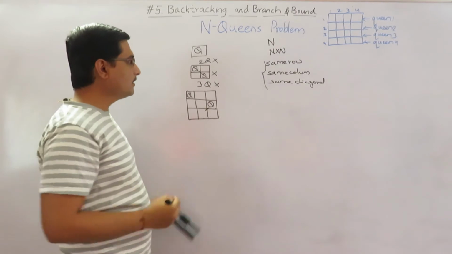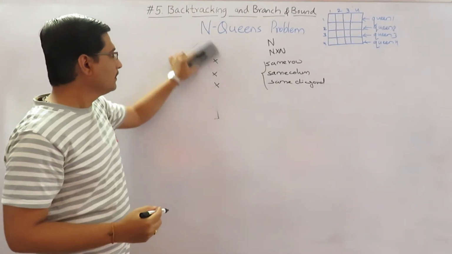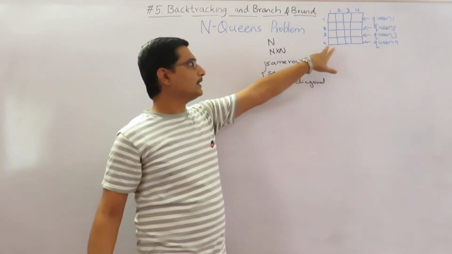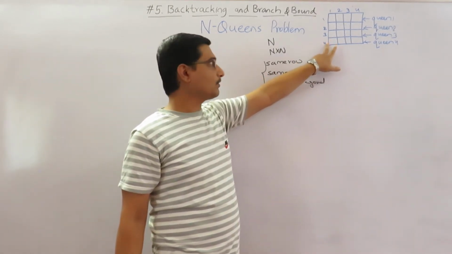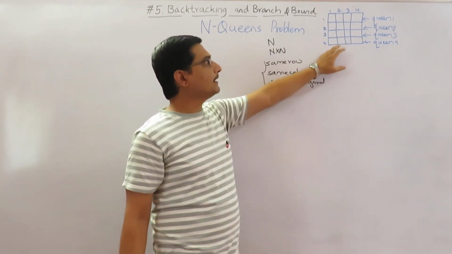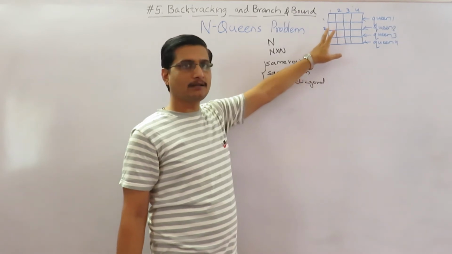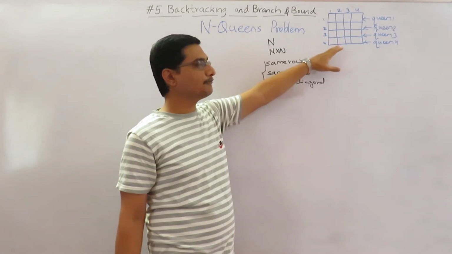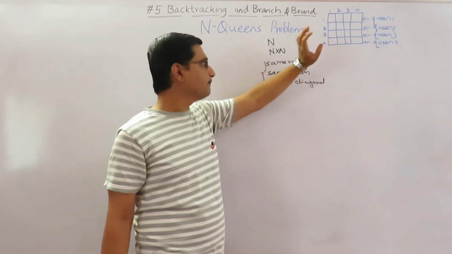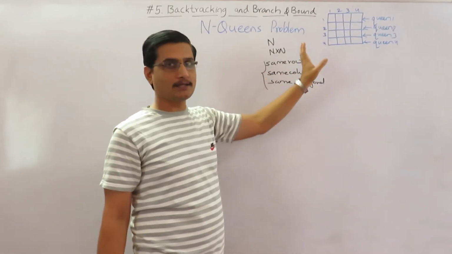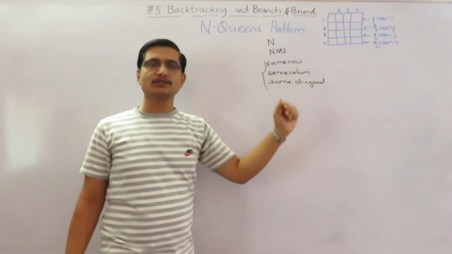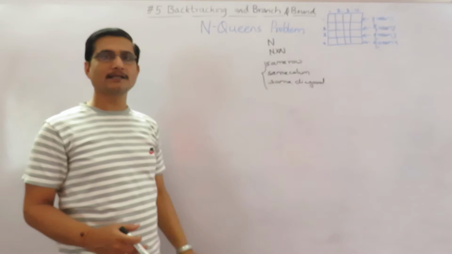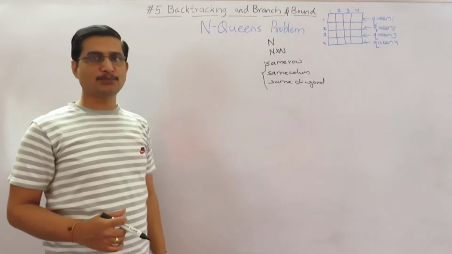We will go for the 4 queens problem. In the 4 queens problem, there will be 4 rows and 4 columns in the chessboard, and we need to place the first queen in the first row, second queen in the second row, third queen in the third row, and fourth queen in the fourth row in this way, such that they will not attack each other. We will solve this using backtracking. The best tool we need to use for backtracking is to construct the state space tree.